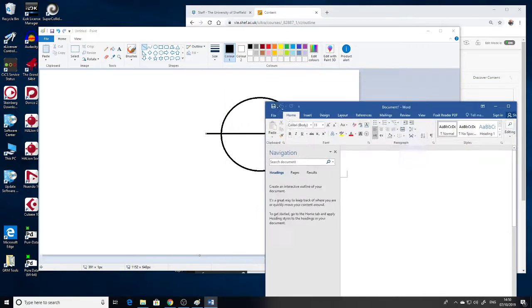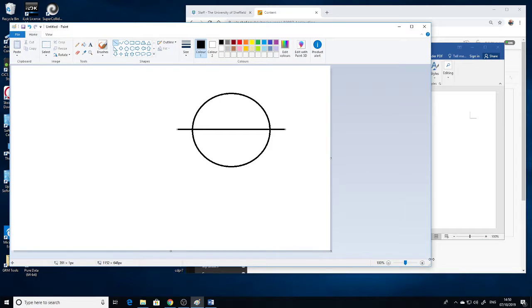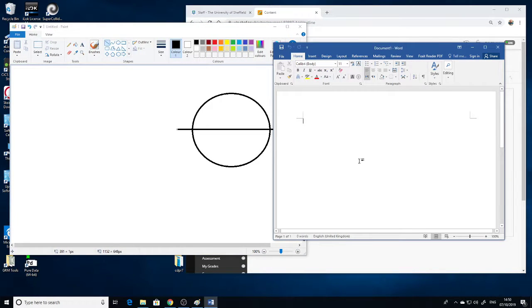Let me just get a text document up here. The ratio of the circumference to the diameter equals pi, 3.14, and as the diameter is 2 times the radius